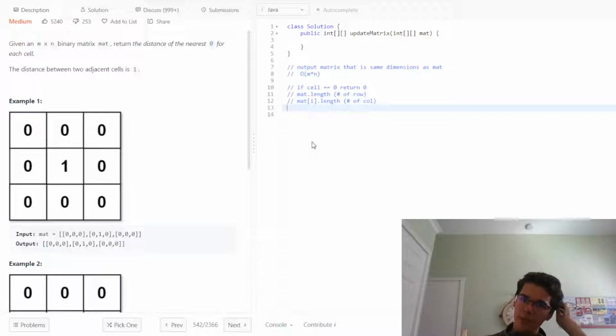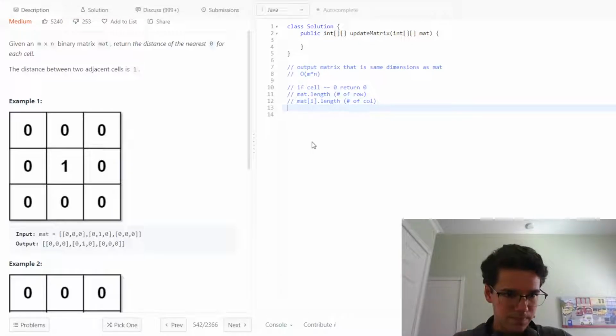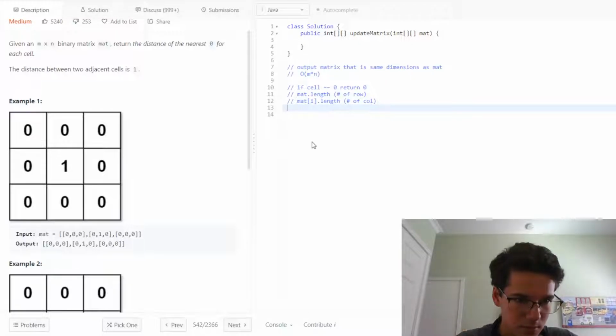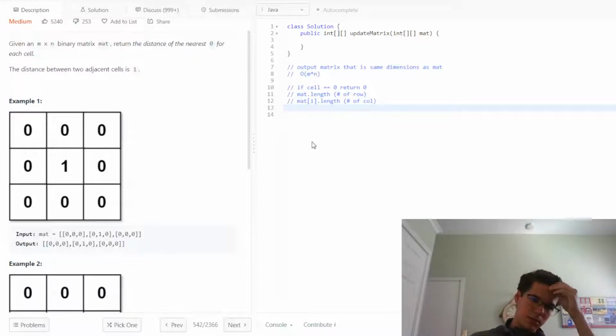And we can have two counters, one for the row and one for the column, so i and j. Okay. And we kind of want to,